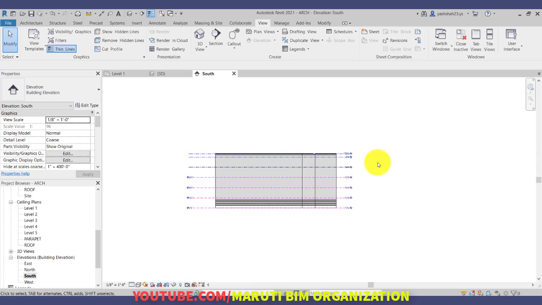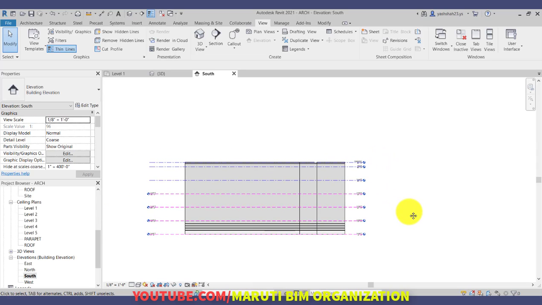So this is the power of Revit, that if you make a change in any view, it will be reflected in all the views. This is called a bi-directional associativity software. So this is the bi-directional associativity. This is the great power of Revit, and due to this Revit is used widely. So now in the next video we will see the next topic,